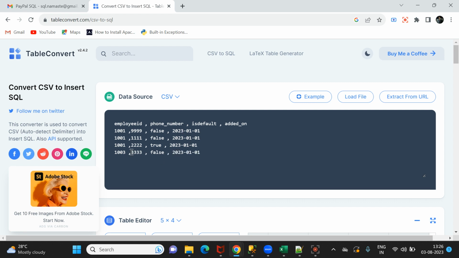Also, I'm going to change the data a little bit. So let's keep it two. Let's keep it three. And we have a guy 1000, right? Let's keep it 1000 so that we can understand how it is working, right? So I will do this, and I will add this, right? So this is my 3333. I will do 4444, and this is false. So these both are false, and this is one. Right? This is the data. So basically what I did for the 1000 guy, I added two phone numbers, right? Both are false, right? And for this guy, two are false, one is true, and we have added a new